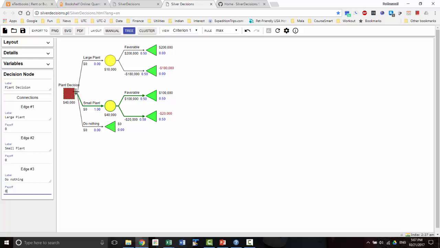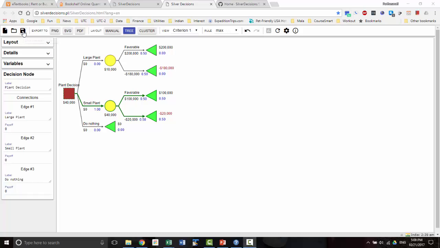Okay. Now work backwards, go to the root node. So now there are three alternatives and they have expected monetary value. So if this is the branch that you select, your expected value is 10,000. For this it is 40,000. For this it is 0. So 40,000 is preferred. So 40,000 is displayed here automatically. And the chosen branch has a thicker arrow. Okay, so this is a thicker arrow. So that means that's what we are choosing. The other two are pruned away. Okay, so this is an example of a very simple